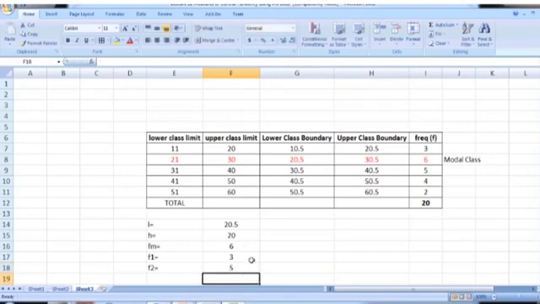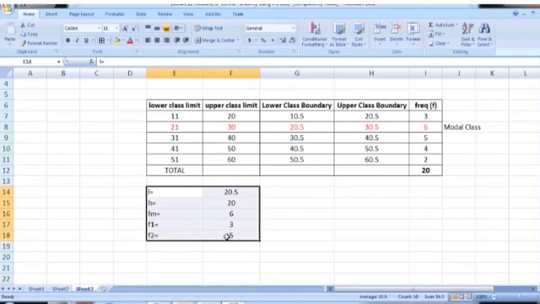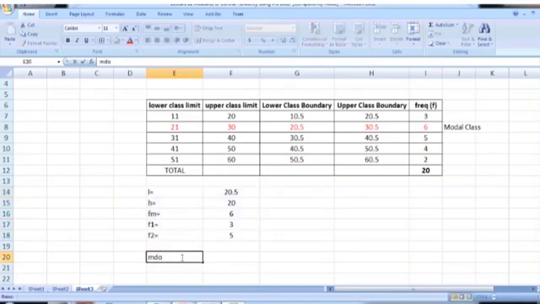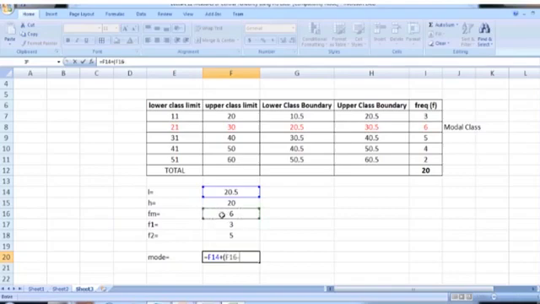So now we have this data in hand. In order to calculate the mode for this grouped data, we can use the formula L plus Fm minus F1, times H, and then the whole divided by, so I'm using one parenthesis extra, whole divided by